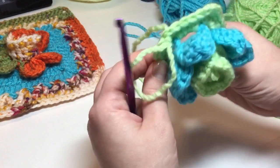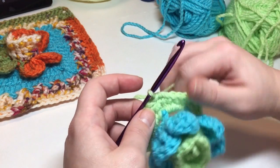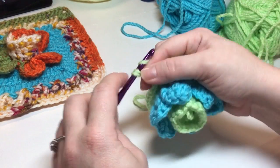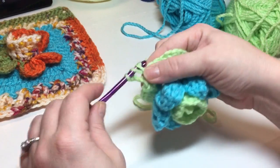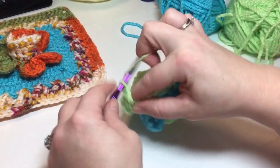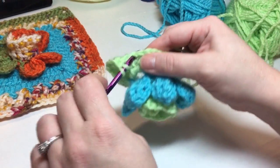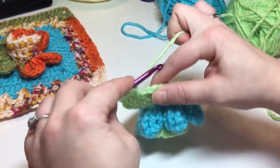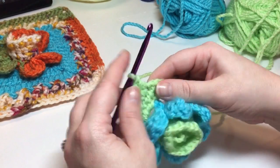Okay, so now you're going to begin with a chain 3 or a chainless double crochet. And then you're going to put 1 double crochet into the next 5 stitches. 1, 2, 3, 4, and 5. The next stitch will be your corner, and you're going to work in your corner 2 double crochet,